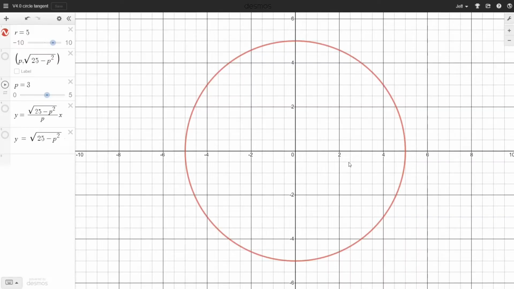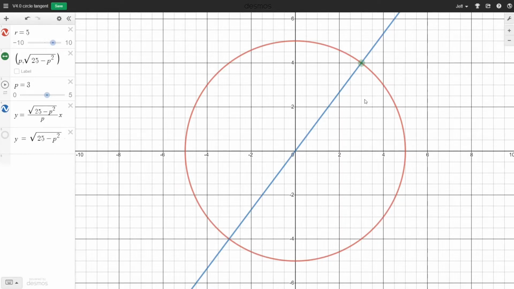There were a few tangent line questions we could solve without the use of calculus, which we developed to solve that tangent line problem. Here, for example, is a circle of radius 5, and if we choose a point on the circle, say (3, 4), we can remember from geometry that the tangent line to a circle must be perpendicular to a radial line of a circle. That's something we can prove just using geometry.